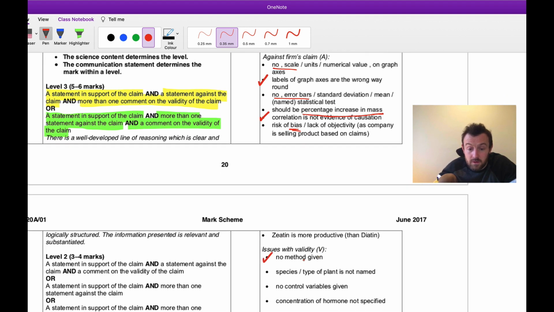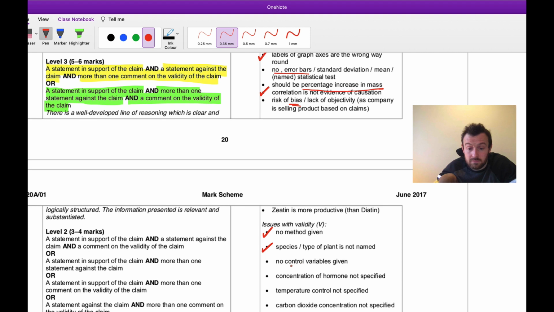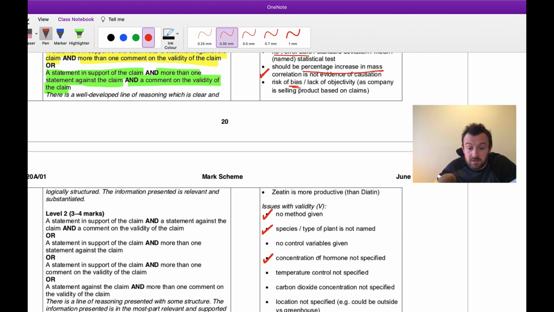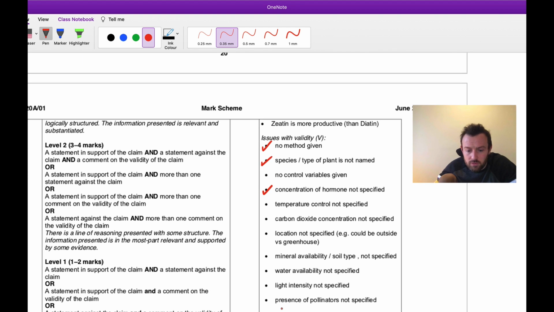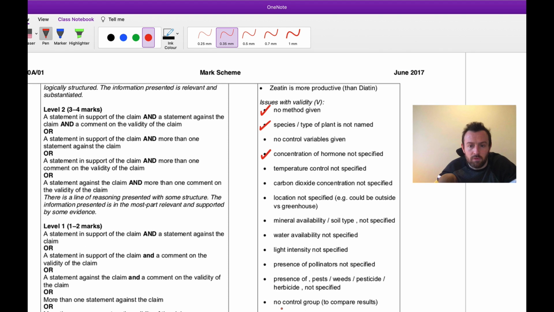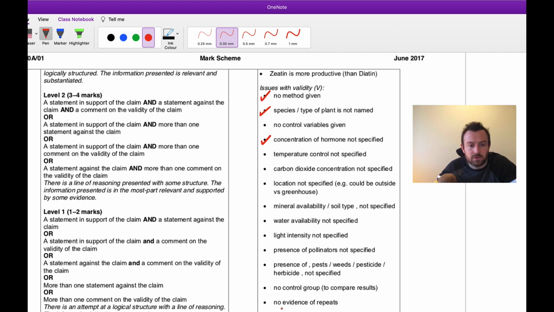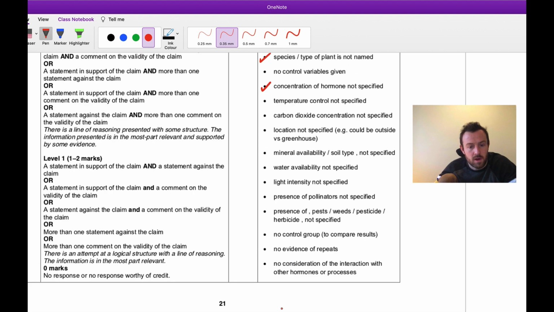No method, no species, concentration not specified. So much stuff is not specified. Look at all this stuff that hasn't been specified. Wow, no control group, no repeats. Oh my god, this is an awful, awful experimental claim, isn't it? With no real data. So definitely it's an invalid claim. I think I probably would have got 6 marks for my sort of strategy,